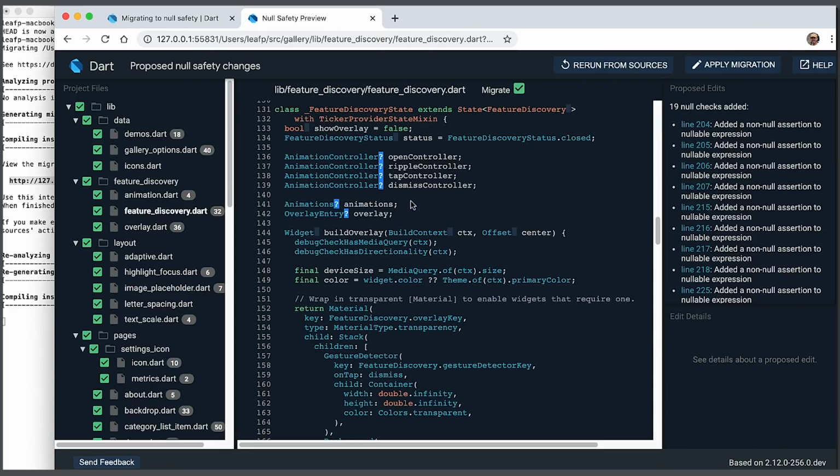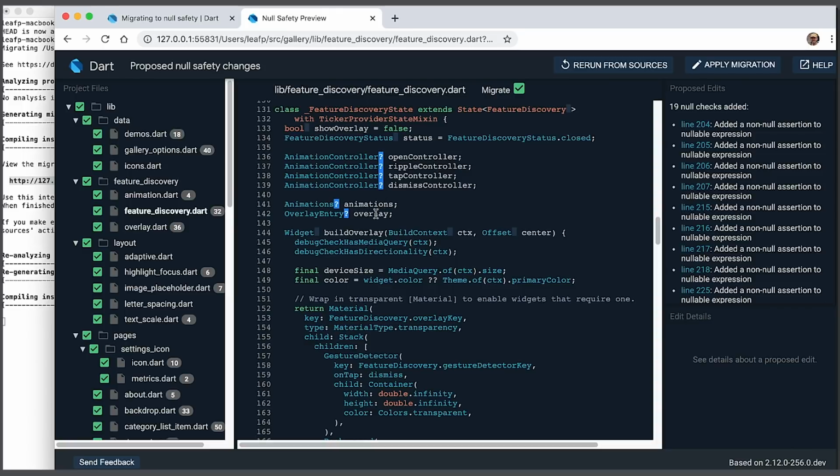Well, Dart null safety has a new feature called late fields, which is exactly intended to support this kind of pattern where you set something later. You don't set it initially to a non-null value, but once you set it, you never reset it to null. So often we want to look at our state classes to see, is this a good place to use a late variable? Okay, so how do we figure that out?